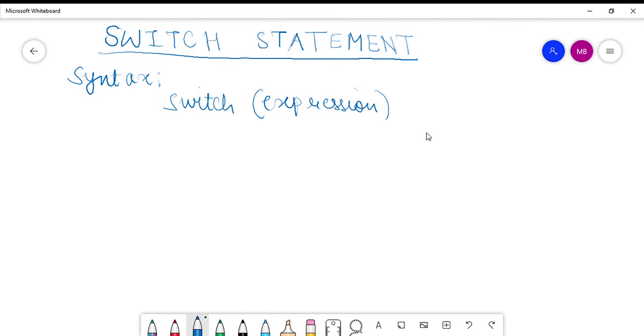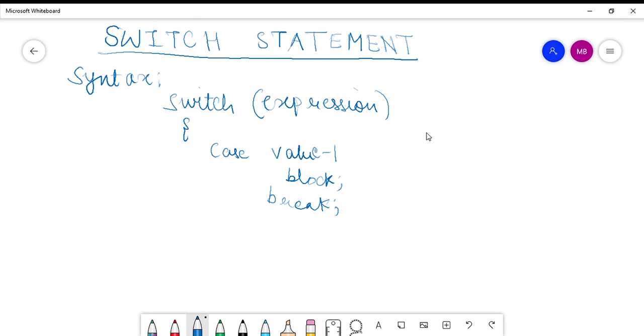After this you have an opening parenthesis, then you have the list of case values, like case value 1. If it is case value 1, then block 1 would be executed. To come out of this case, we use break. The moment this break keyword is encountered, the control will come out of this particular case value 1.